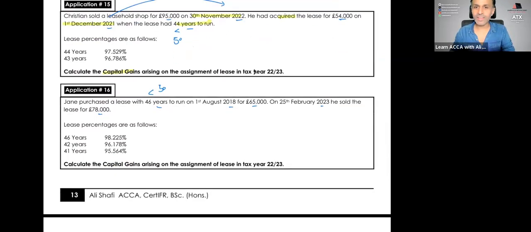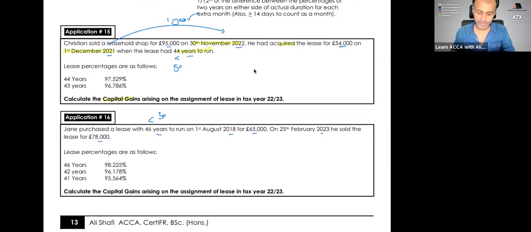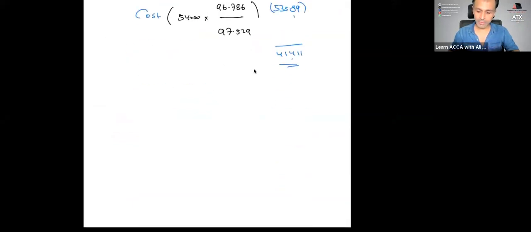But here it's not the case, because the day of purchasing it is August and disposing it is Feb. So there's going to be a little bit of months on top of years that we will have to count over here. And we can do a good analysis of that first. So let me write it before I produce a solution. Let's just analyze. Application 16 is what we are going to attempt. So let's write very formally